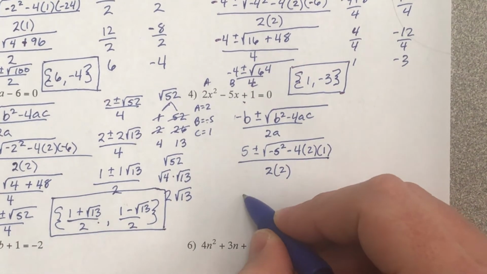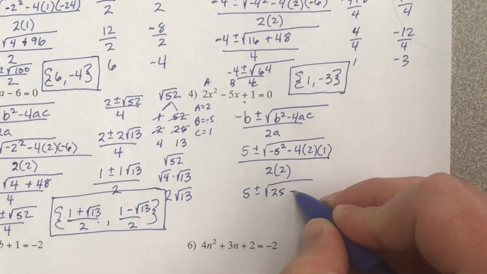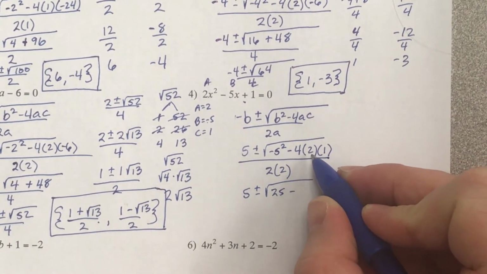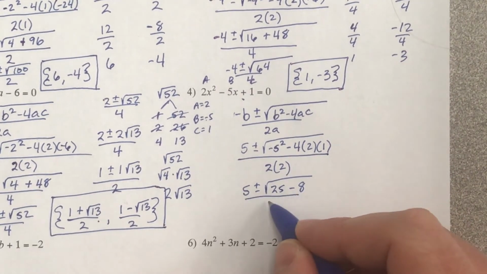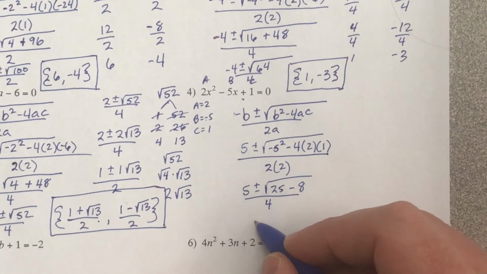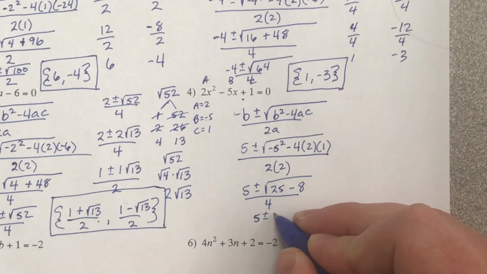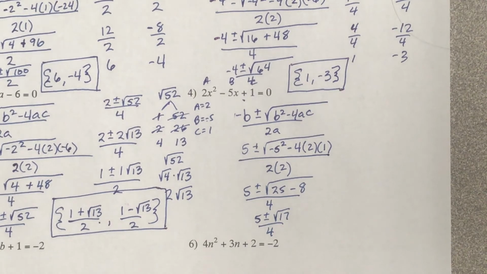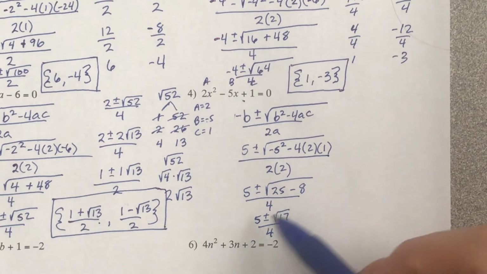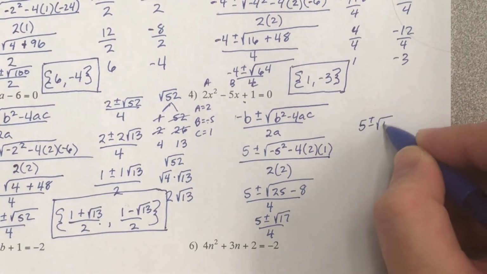So going on from here, we got 5 plus or minus the square root of 25 minus 4 times 2 is 8. 8 times 1 is simply 8, so 25 minus 8, all over 4. And then from there, we're going to say 5 plus or minus, 25 minus 8 is actually going to be the square root of 17, all over 4. When we go from there, we want to take it up here and say, all right, 5 plus or minus the square root of 17